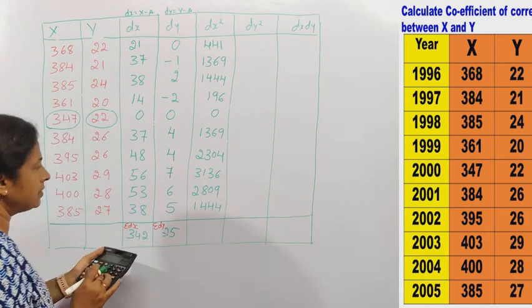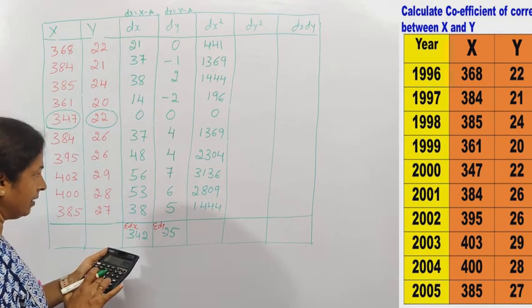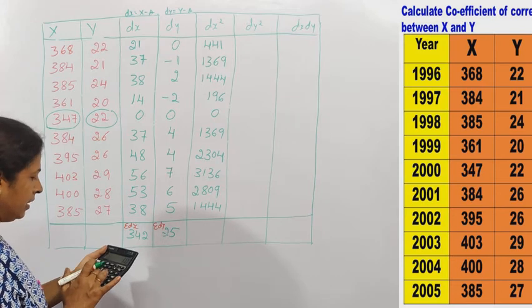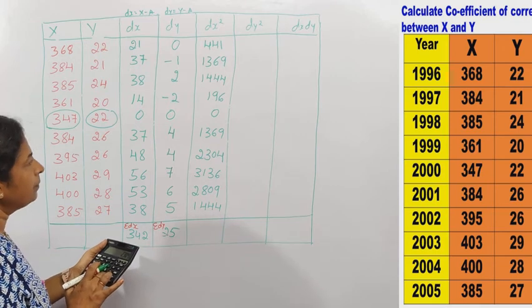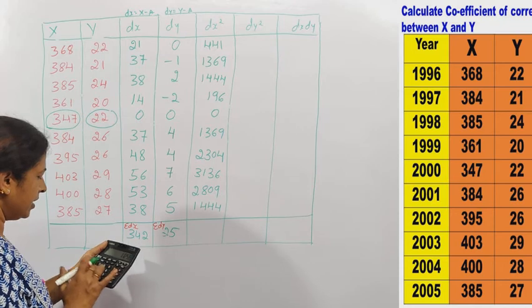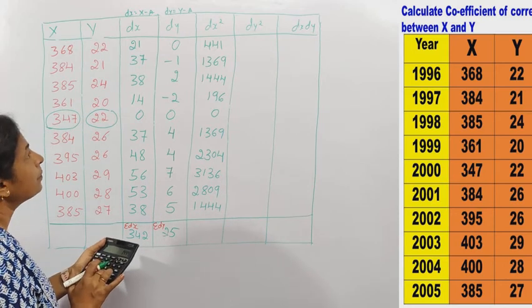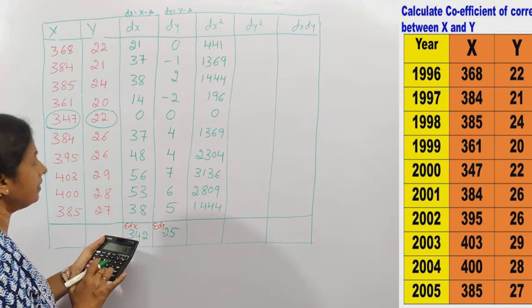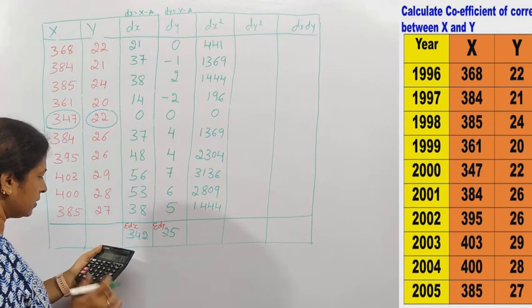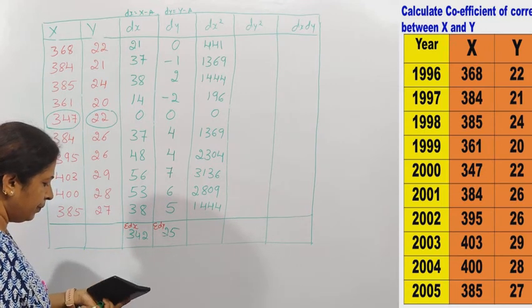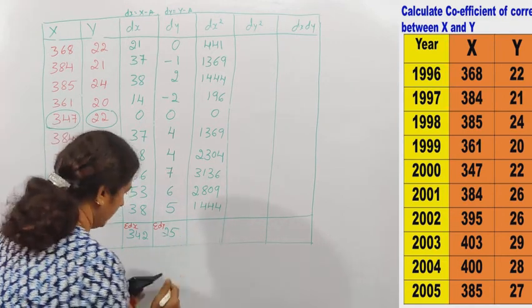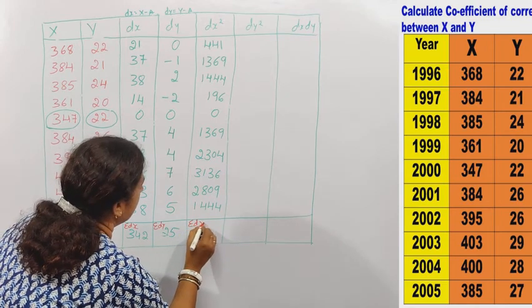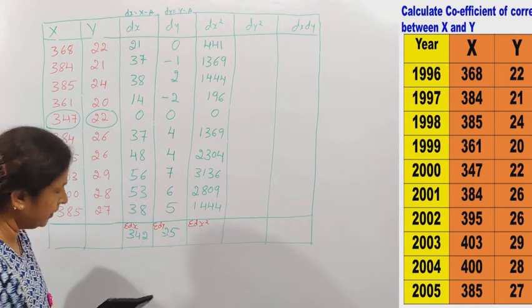1444 plus 2809 plus 3136 plus 2304 plus 1369 plus 196 plus 1444 plus 1369 plus 441. This is equal to 14,512. That is the sum of dx square. Sum of dx square is